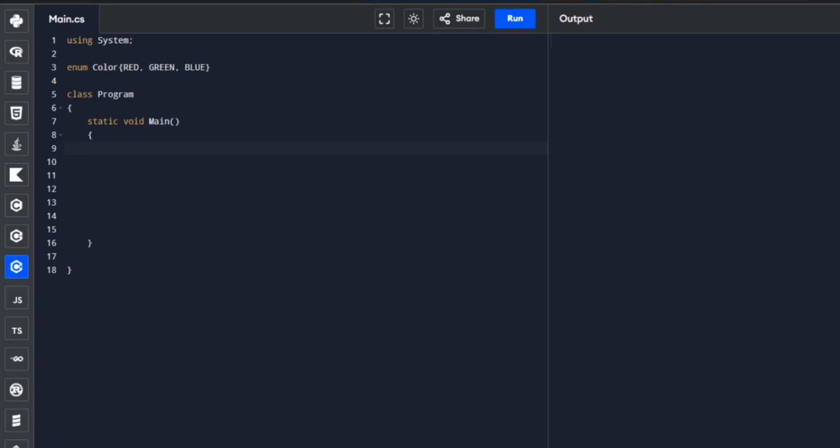Okay, so let's start with our operation one, which is assignment. We will declare and initialize an enum variable, some column and then color.